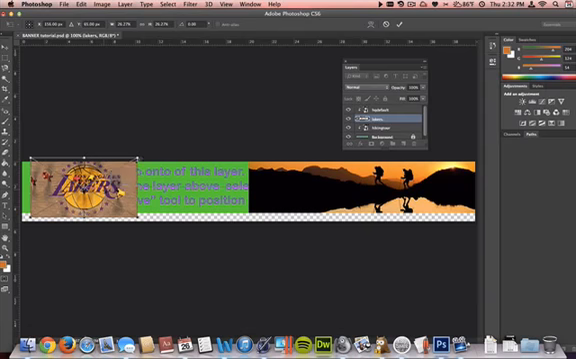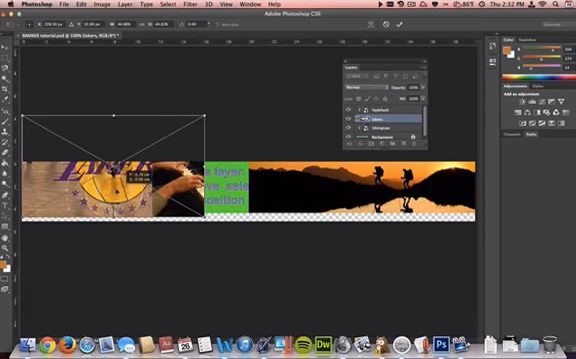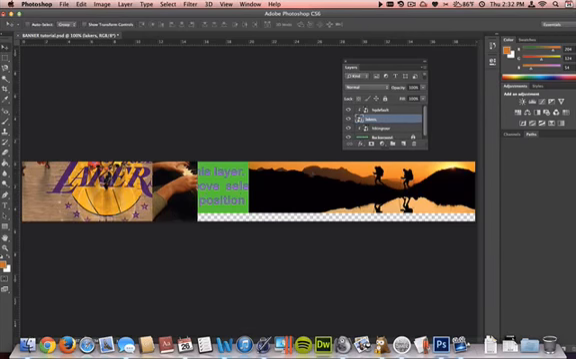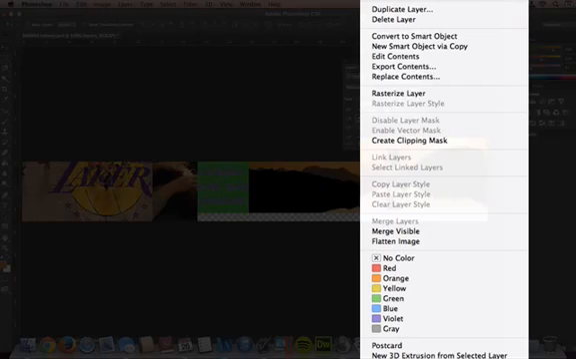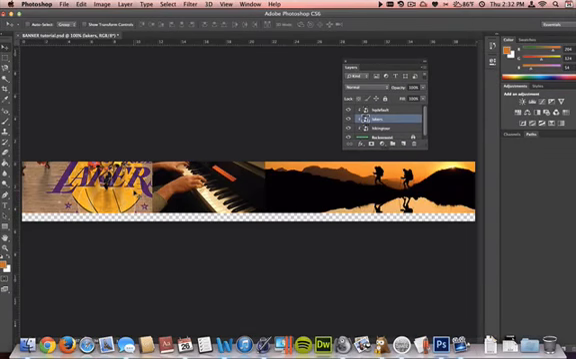And I can go ahead and do the same thing, drag this here. And if you notice, it's acting really funky here. So I'm going to go ahead and double click this, go to this layer right here, and create clipping mask. So everything looks good. Now make sure if you want to move these photos around that you're using the move